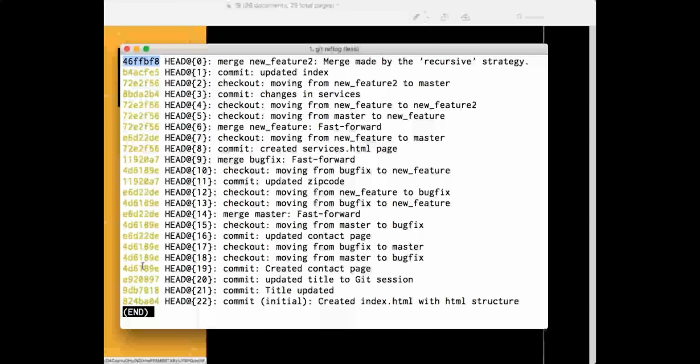This is a definite question when you are going for interviews. What is fast forward and recursive merge? It does not depend on master. It is not only for master. It will work for all branches. All you need to make sure is that the branch does not move ahead. It can be master, it can be new feature, it can be bug fix. If it is at the same point of time, it already knows that okay, this is the last pointer which you worked on. Why do I need a new